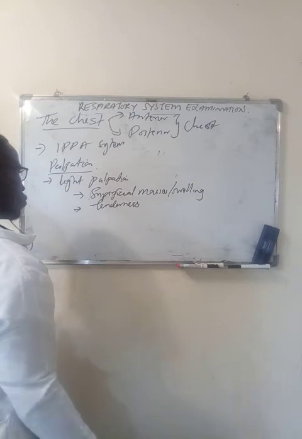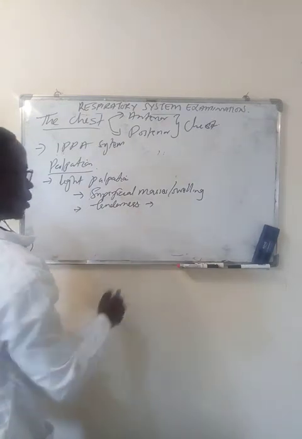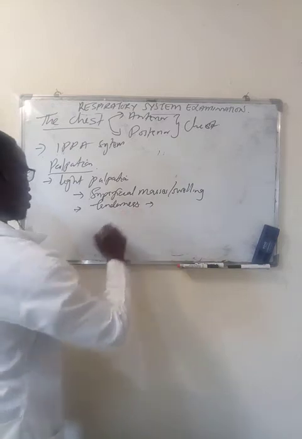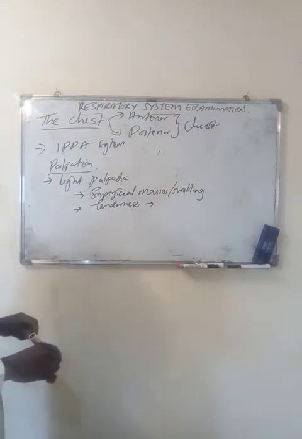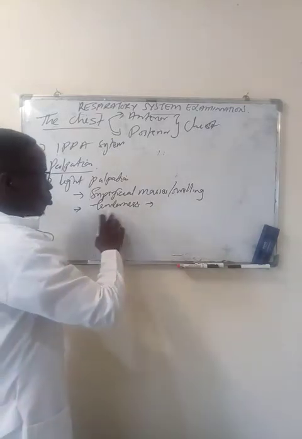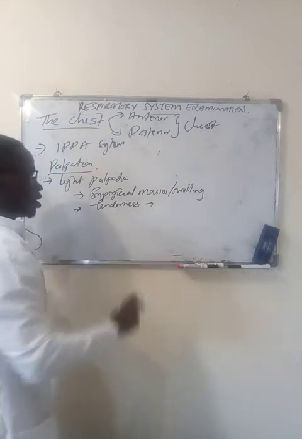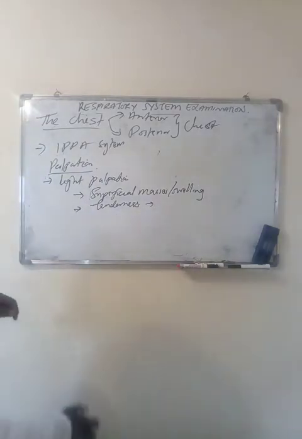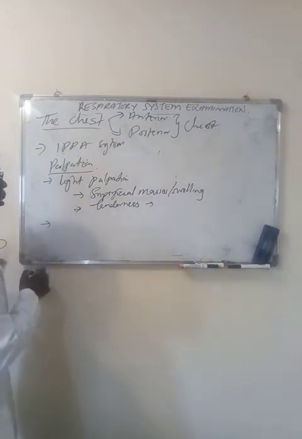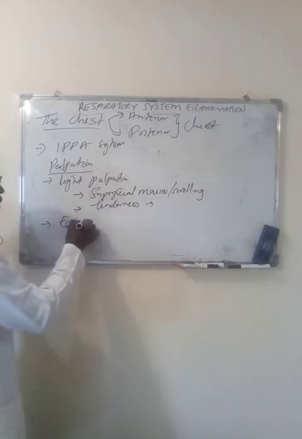For example, in the case of, let's say, a foreign body, or maybe a fractured rib, right? So you have to be careful anyway, okay? So you may find, and also in the case of, let's say, costochondritis, you may find that there's going to be tenderness, okay? Then the other thing that you also want to do, you want to look for expansion,